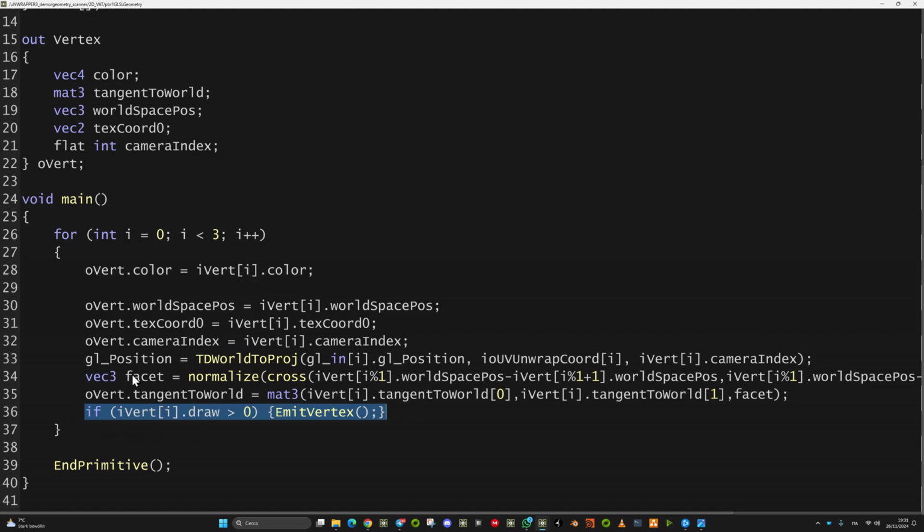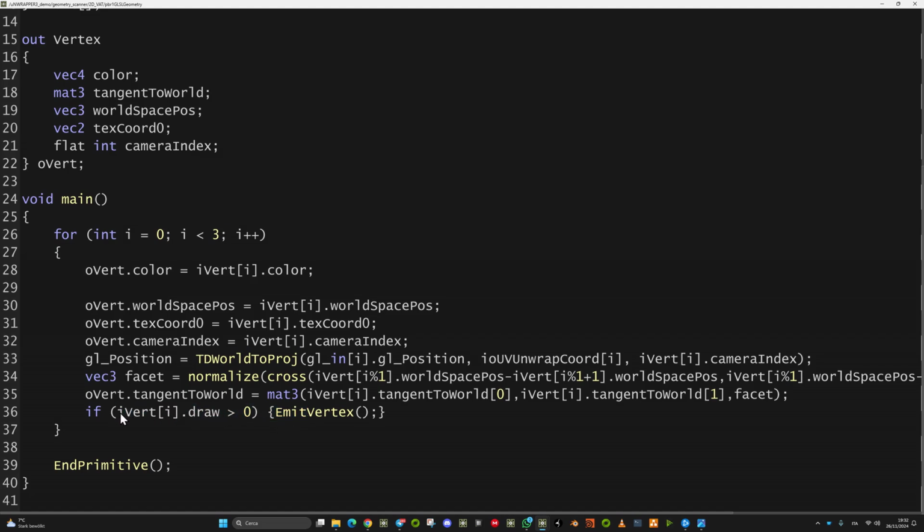And then since this is a PBR, we have a matrix for the normals, because you are encoding everything in a matrix with tangent and whatever. But the second part of this matrix is the normals. So we can replace them with the facet, because if you move a point, you should update the normal as well, because if the point moves, the normal should stay perpendicular. And then we are emitting the primitive after the selection,